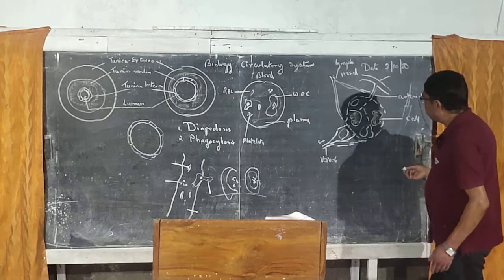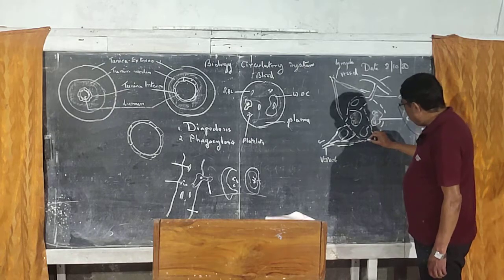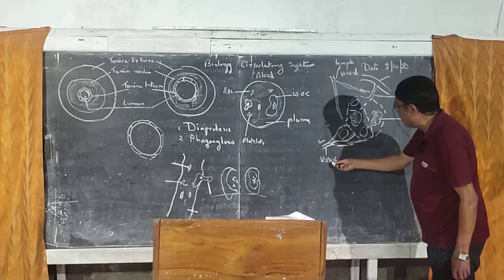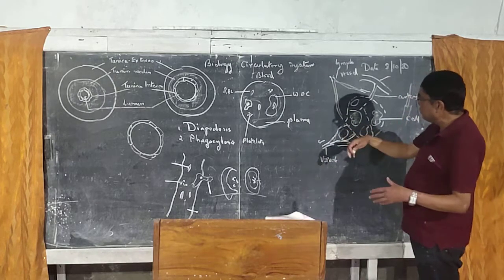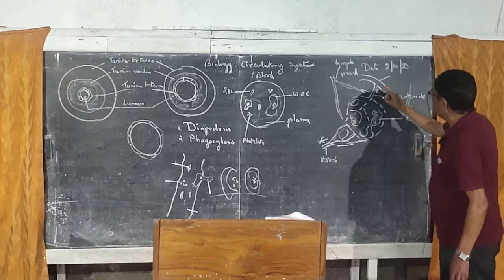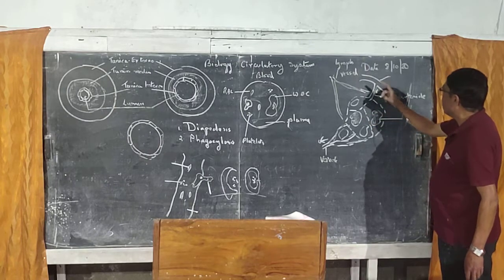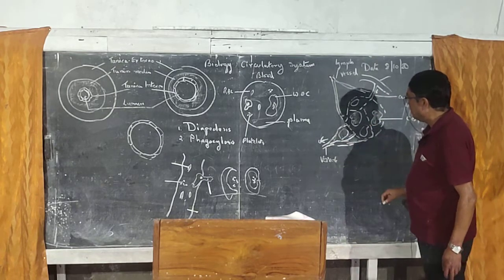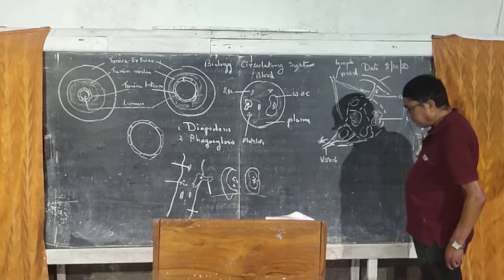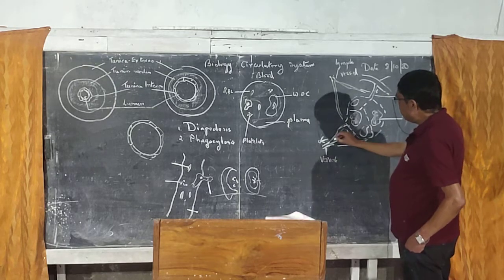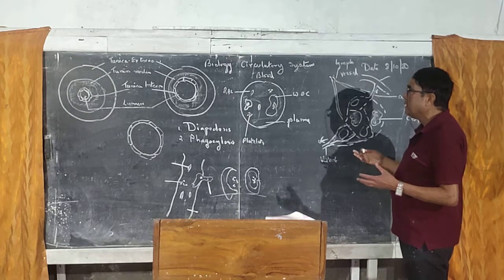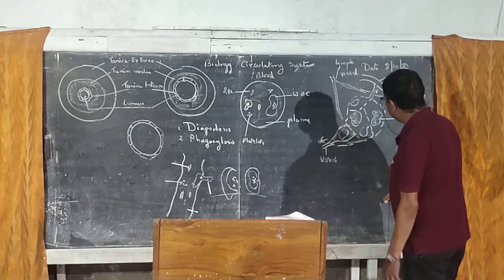And when blood comes out from the tissue, the capillaries will unite to form thin walled blood vessels called venules. From the arrowhead you have to identify: this one is bringing blood to the tissue, means this is arteriole, this is venule. If the arrows change, the naming system will also change. And venules will combine to form veins, and veins will combine to form the largest vein called vena cava.